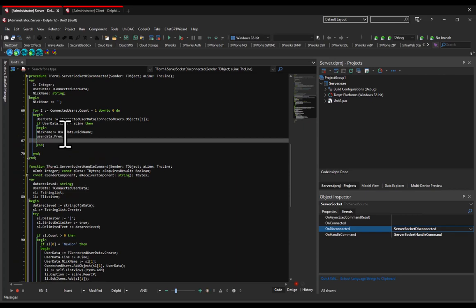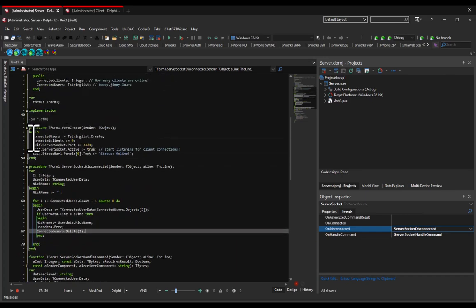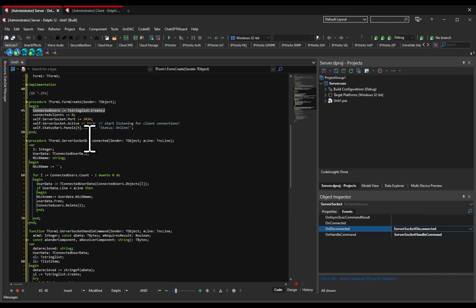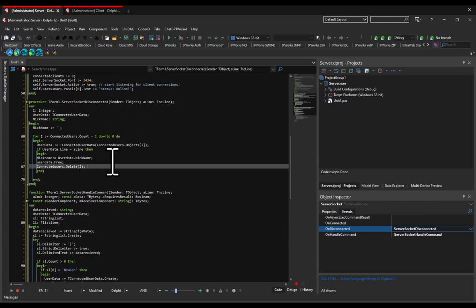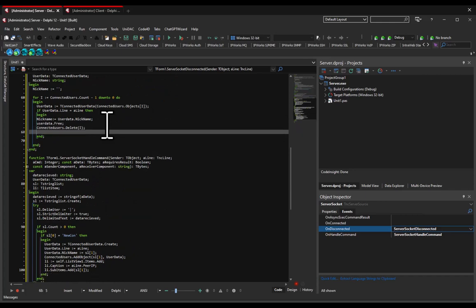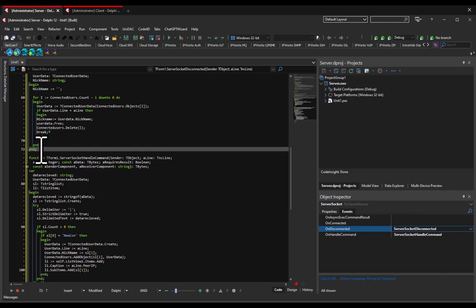Then we're going to say connected users dot delete the I index of the person we just looped over. So we're getting rid of them out of our globalized handler that we created on our form create that holds all their names. We're getting them out of there, okay? So then we have to break out of this loop because it's no longer necessary. So now we'll have to come down a little bit further. Once we've broken out of this loop, let's go ahead and